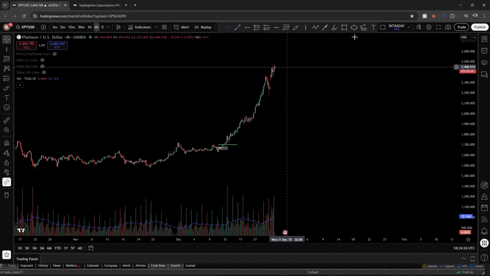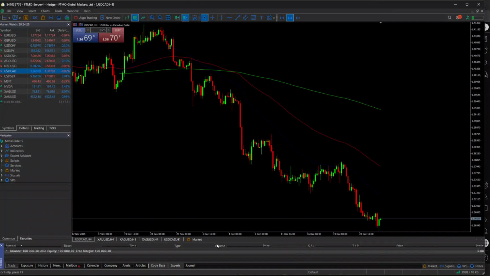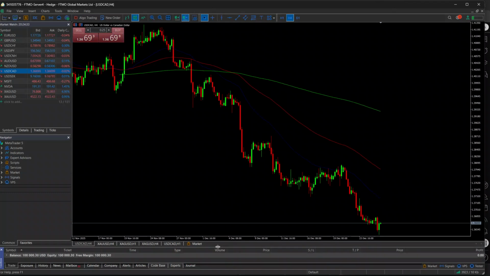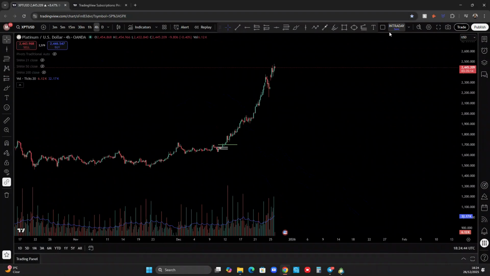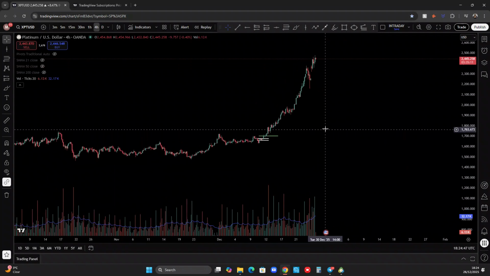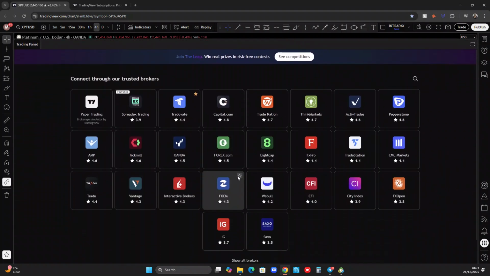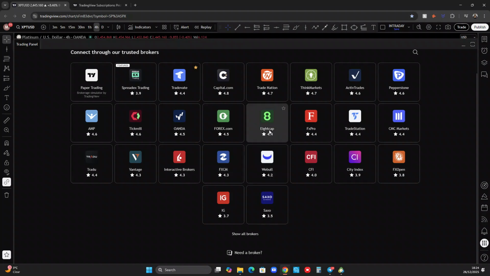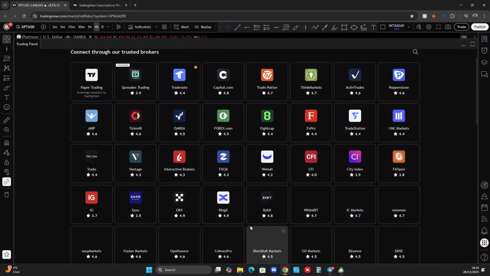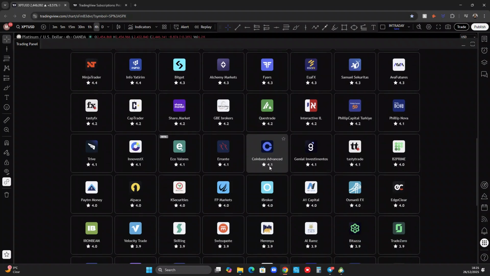But what I like with Metatrader 5 is that once you make an entry, then you can add your stop loss and take profit after you've made your entry. However, with TradingView, it depends on the platform, the broker that you use. So TradingView has hundreds of brokers. Most of the brokers are here. You have TradeOvate, Paper Trading, and all these different brokers that you can use that are linked to the TradingView